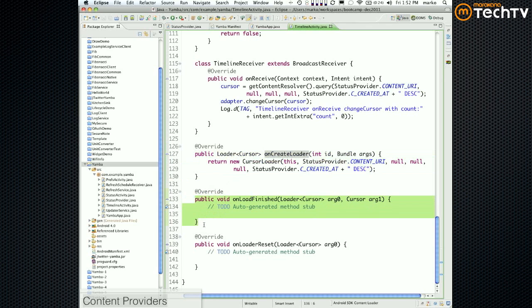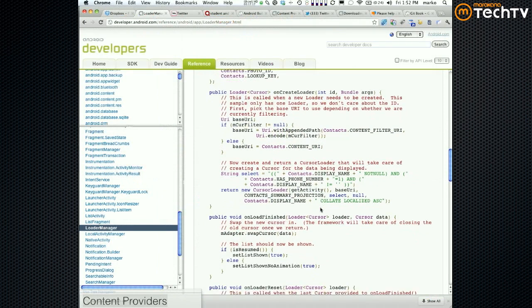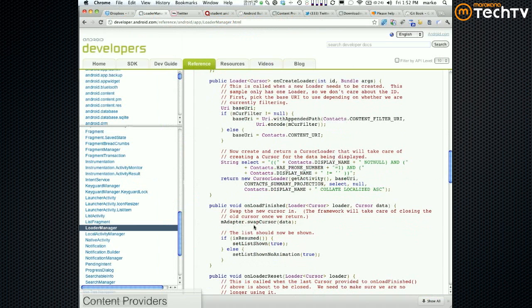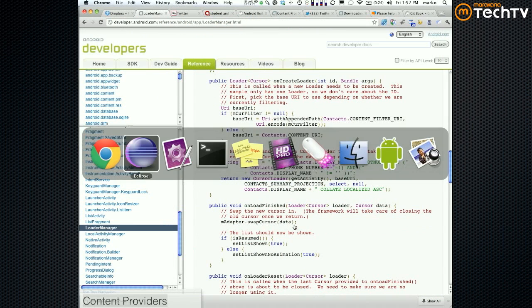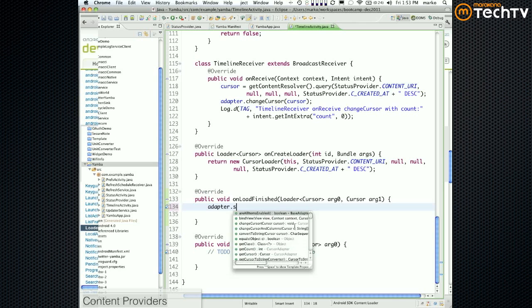Now, this is when it's done. This is where we now synchronize. This is kind of like onPostExecute, right? This is doing background, kinda. This is onPostExecute. You guys get it? Right? So now we can do something useful in here. And usually this is going to be a swap. Usually in onLoadFinished, you're going to do adapter swap cursor, usually, right? So this would be adapter.swapCursor,